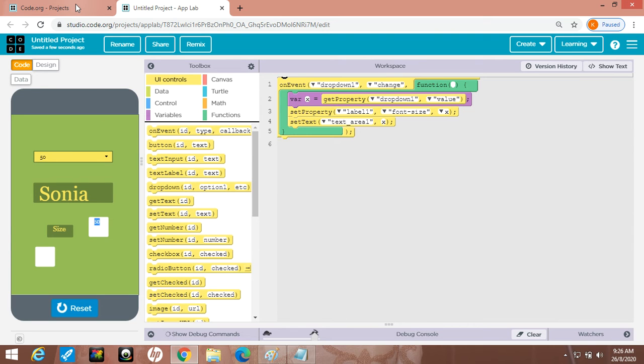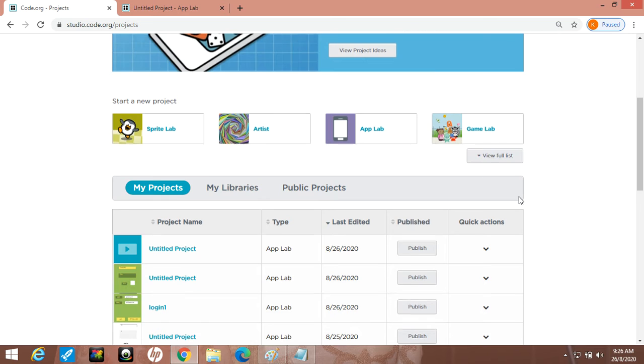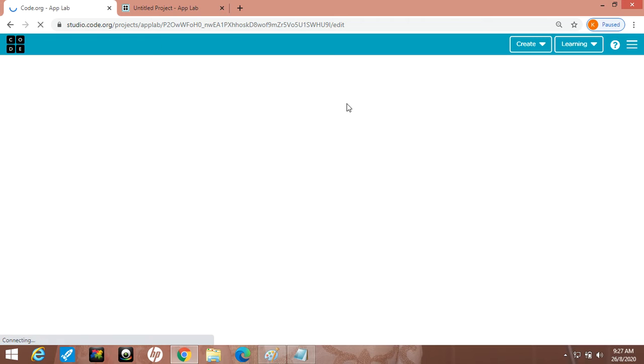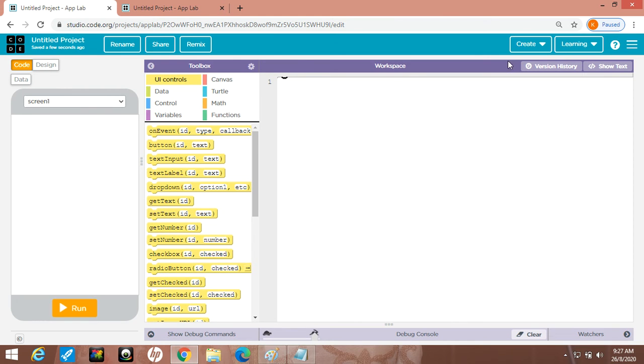For this, you have to take a new project, create, and go to App Lab. Now there is a mobile simulator and there is a toolbox. There is a workspace here.